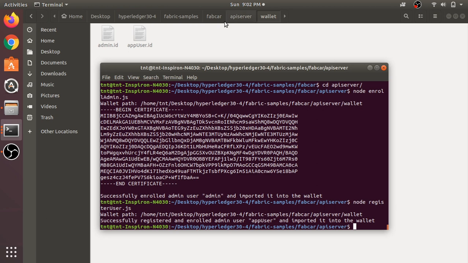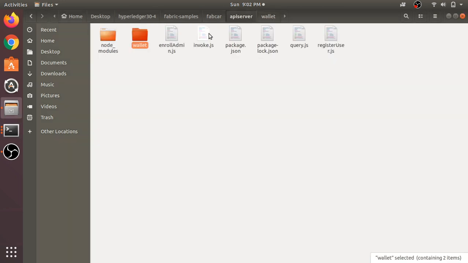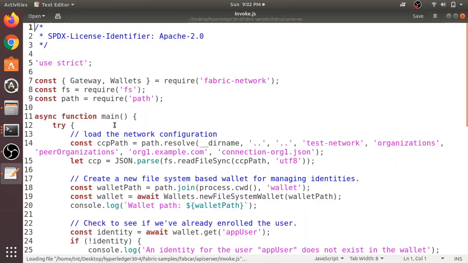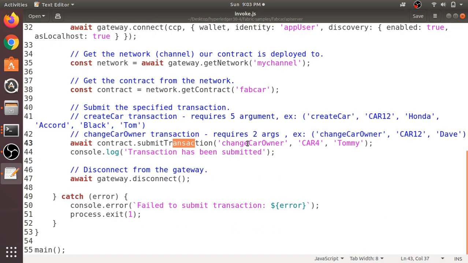Just to remind you what things you need to create: you have four functions, two in invoke.js and two in query.js. The invoke.js functions use the submit transaction function, and we change the chaincode function to be called, either change car owner or create car.